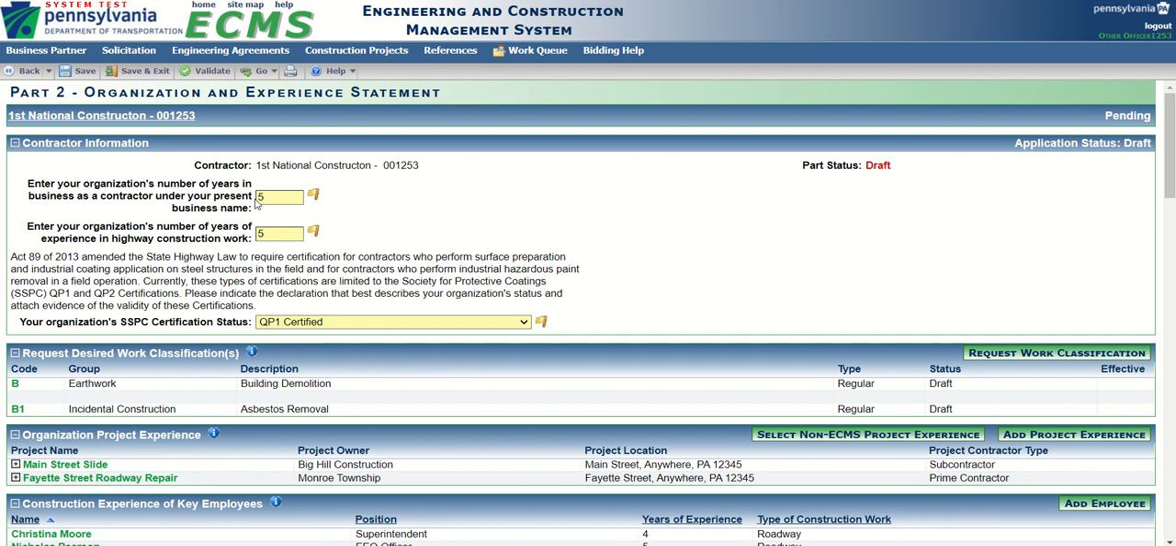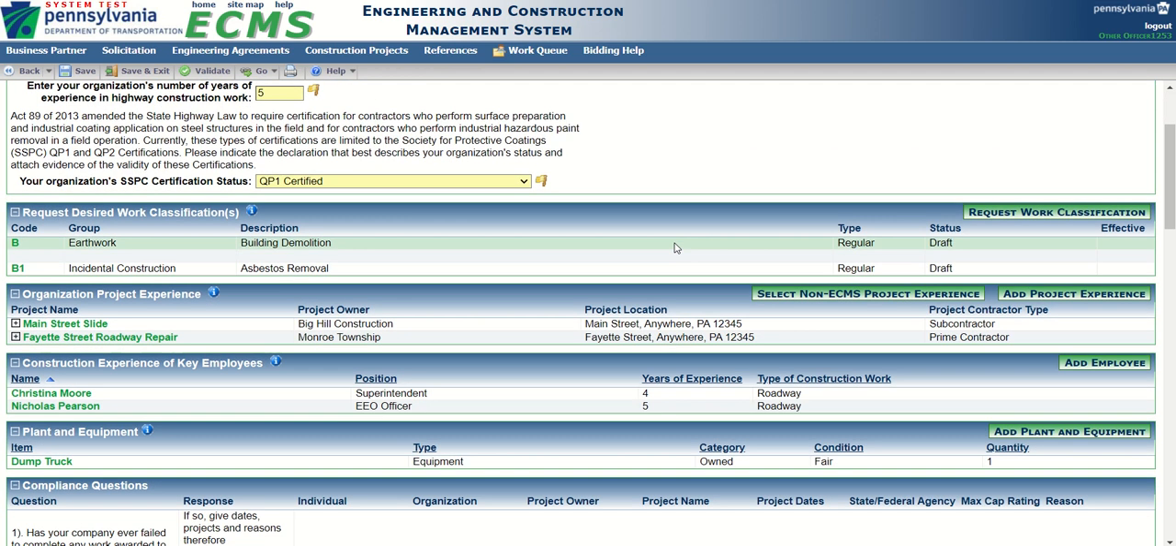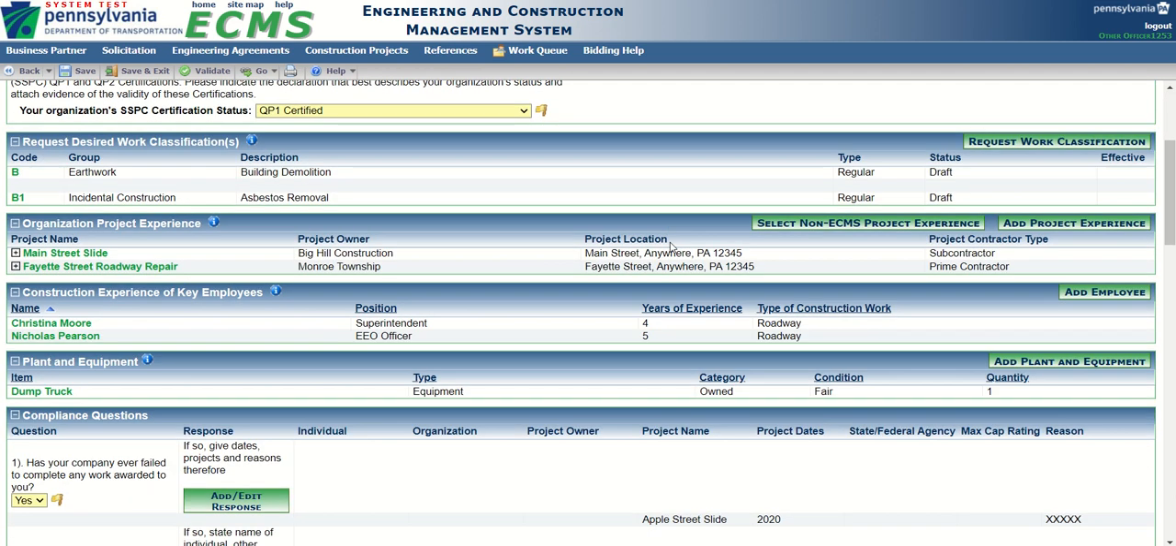There are 5 more sections we need to complete for Part 2. You will notice after some of the headings on the screen a blue circle with an eye in the center. Hover over the circle to read the information before filling out that section. For the Request Desired Work Classification section,